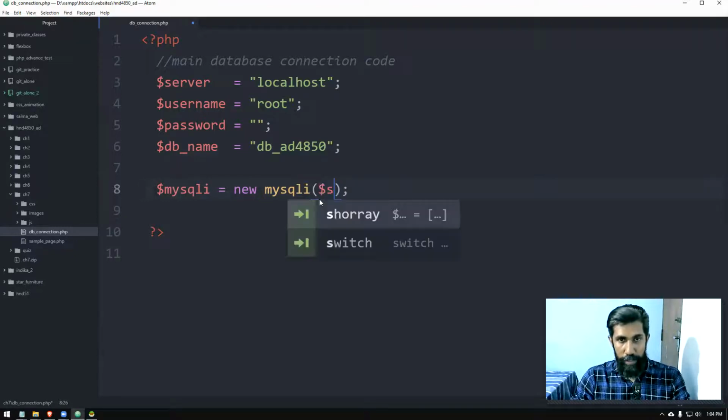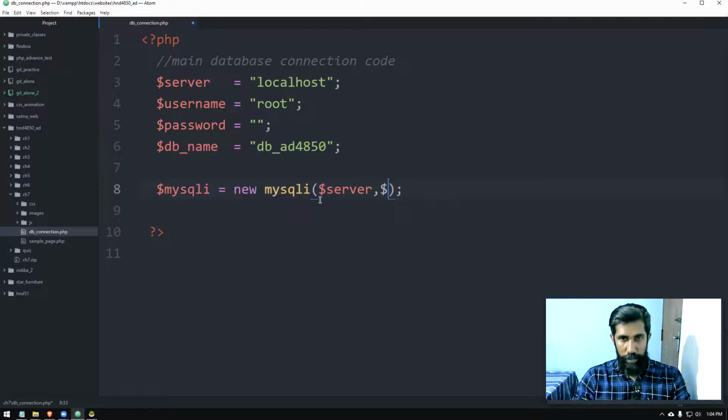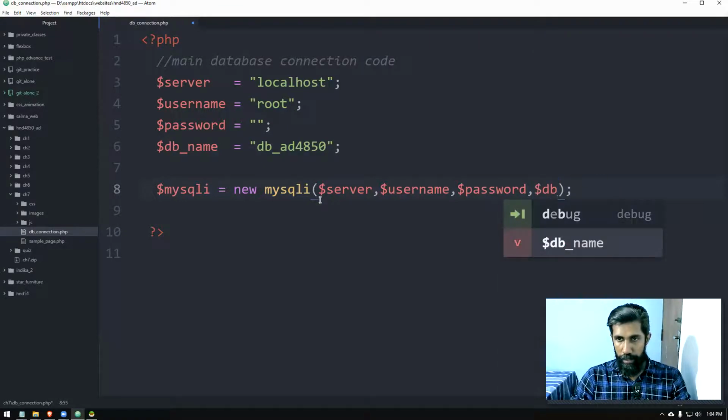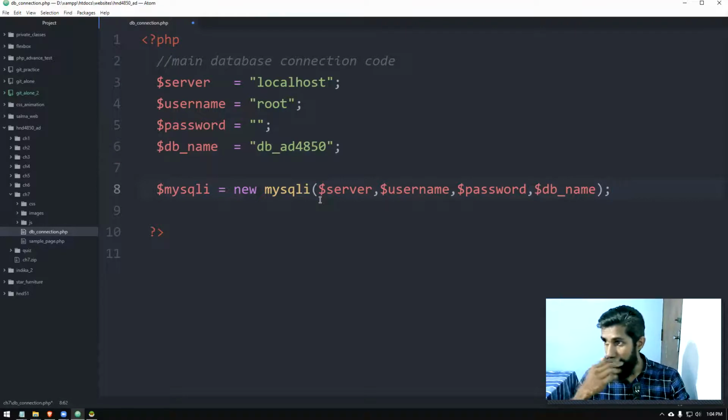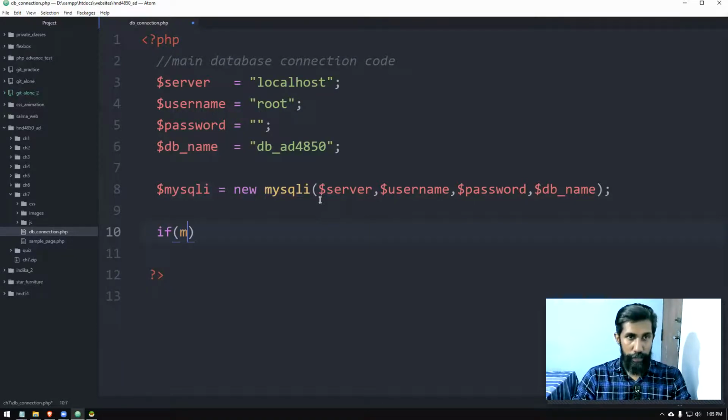So we can say server, username, password, and database name. So these are the things that are necessary. Next line. Now, due to some reason, the database connection can fail. If the database connection fails, we need to make sure we inform the user, or at least the developer gets notified. So to do that, we put an if condition and we write the code like MySQL